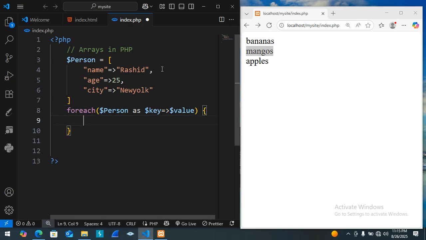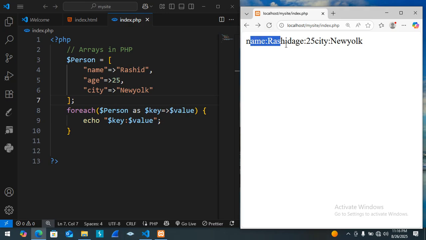Then what are we going to do? You can call them ID and value, or give them the names you want. This one we are going to echo out. We are going to echo out our key, and then we are going to echo out our value, like that. So let us end this one, and if we try to save and we refresh, we get the name Rashid,